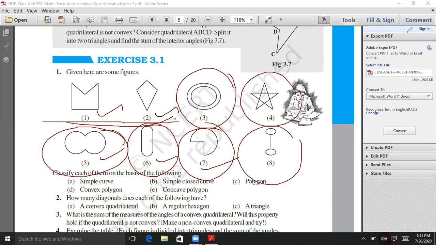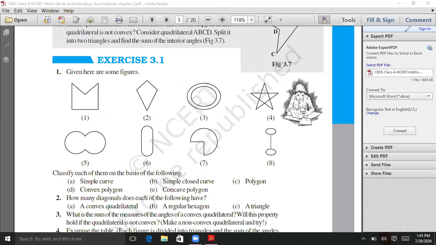Right? Let's move to the convex polygon now. How many are convex polygons here? Convex polygon. First is convex or not? How will we check it? We'll check by taking its diagonals. See, these are the opposite vertex. It's going outside, right? The diagonals are like this. One of the diagonals is going outside. So no, it's not convex.